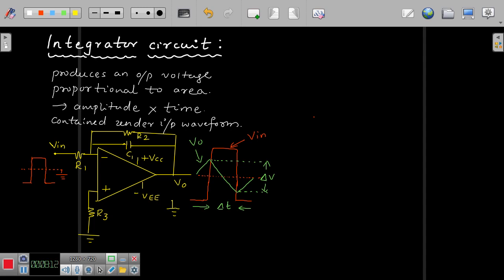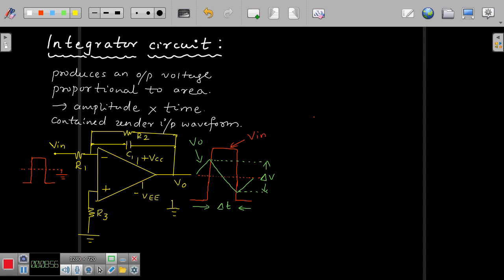Now we will try to see how exactly this circuit works. Please note the change between a differentiator circuit and an integrator circuit. In the differentiator circuit, the capacitor was connected in series with the input signal, right? Unlike the differentiator, here the capacitor comes in the feedback path, and it has a parallel resistance R2, which, as I have already told you, doesn't participate in the integration operation, but is meant for some other purpose, which I will tell you after having explained the working of this particular circuit, right?